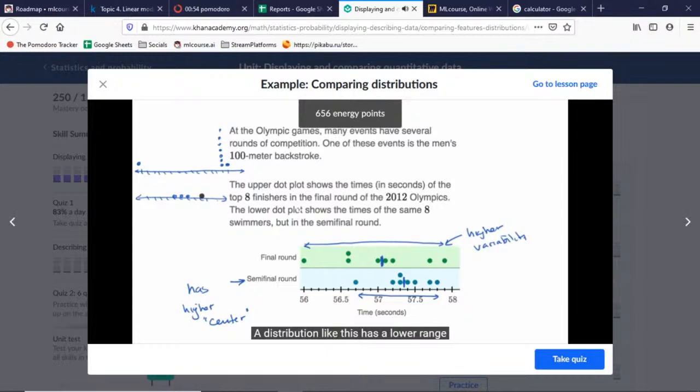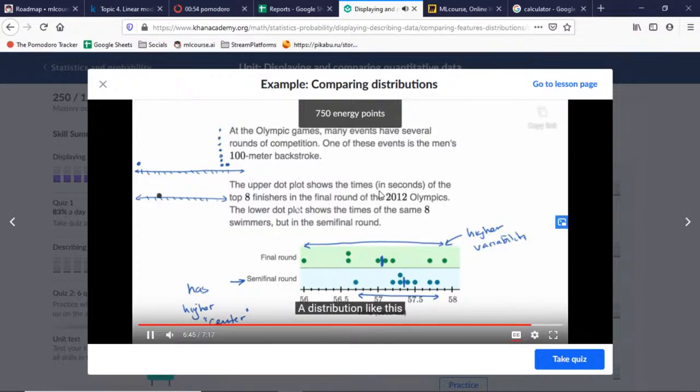They didn't give us a definition of standard deviation, but they already used it. A distribution like this would have a lower range, but it would also have a higher standard deviation. So it's not always the case that just by looking at one of these measures, the range or the standard deviation, you'll know for sure. But in cases like this, it's safe to say by inspection that this green, the final round data, does seem to have a higher range, higher variability, and so I'd feel pretty good at